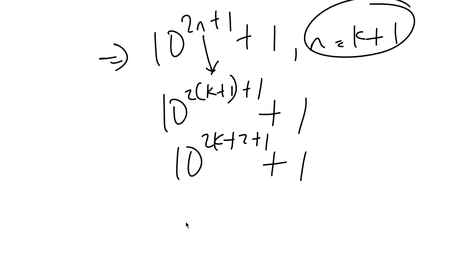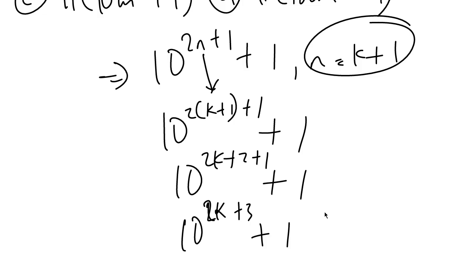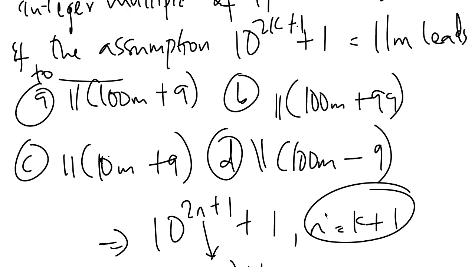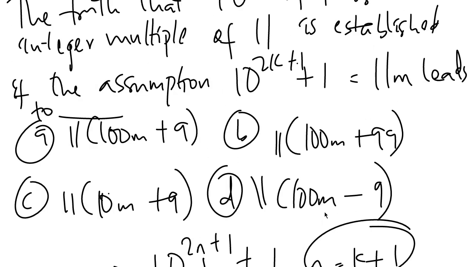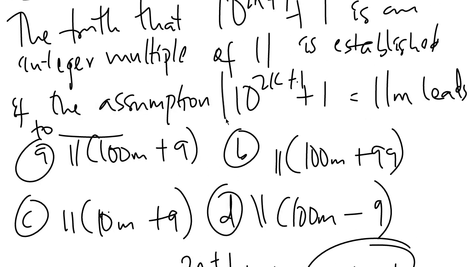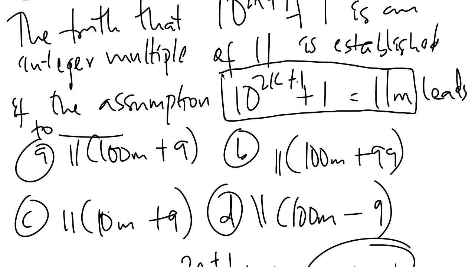So at the end, you now have 10 to the power what? 2k plus 3 plus 1. This is a possible answer, but based on the options they are given. That's when we are solving questions, look at the options, especially in a CBT situation. Then look at the expression given, and it says 10 to the power 2k plus 1 is equal to what? 11m. And I hope you know the meaning of this expression. It means that